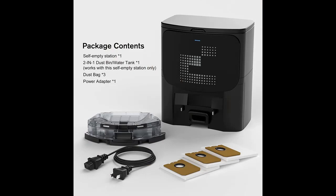Easy to use: one pick, one pull, one install. It's easy to put the dust bag into the automatic dust dock